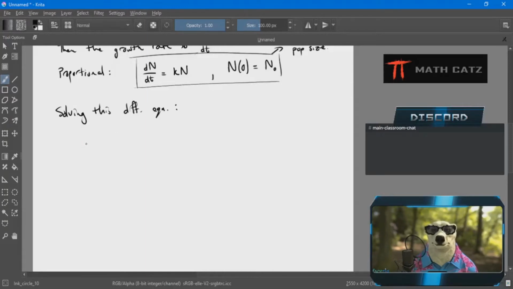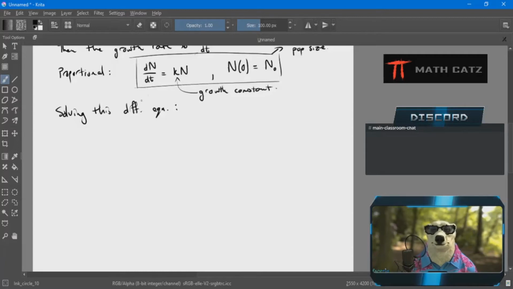So it's going to always be the same. My function is now an N, and my independent variable is a t. Remember, k is a constant. It's called the growth constant. And it'll change in value from one situation to the next. The growth constant for bacteria won't be the same as the growth constant for people, and so on and so on. So I'm going to separate my variables